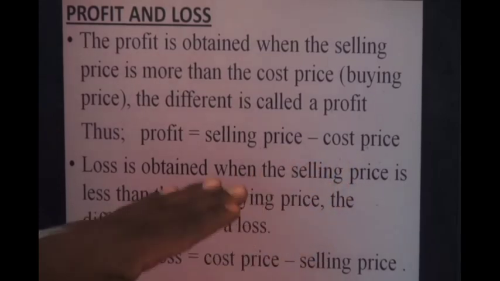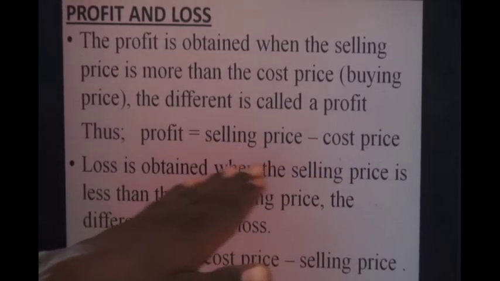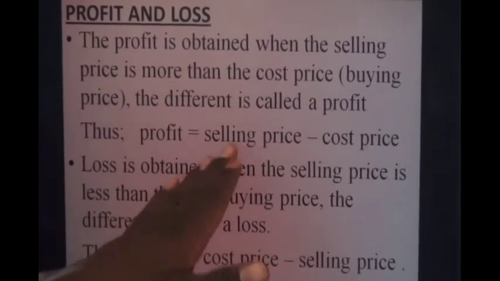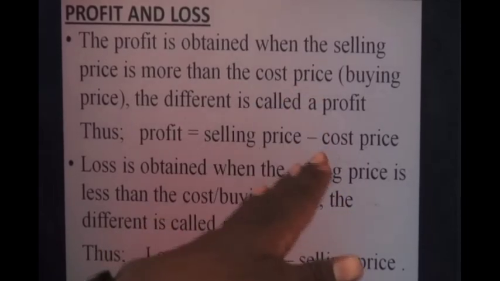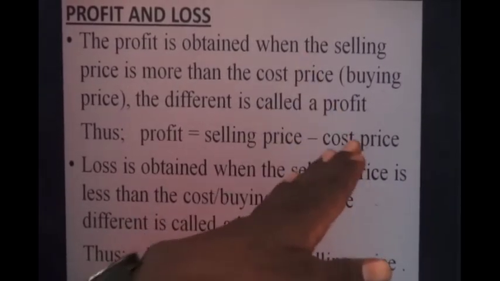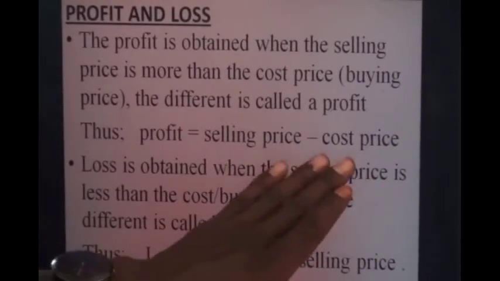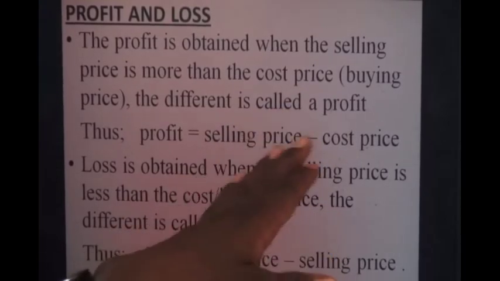That is to say, the price that you have sold the commodity, the product, is called the selling price. But remember that product, you bought it from somewhere. The price that you bought that thing is called the cost price. Now when you take the selling price minus the cost price, and the answer is positive,